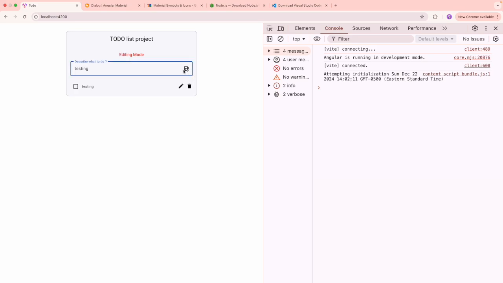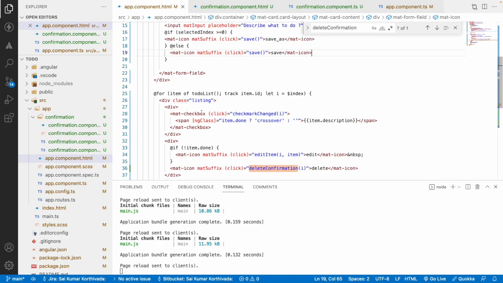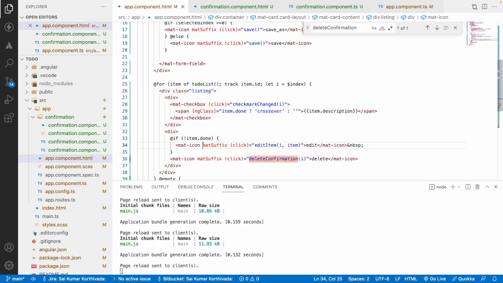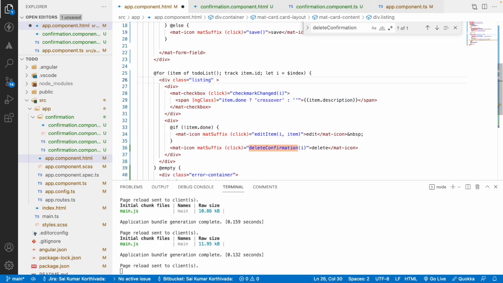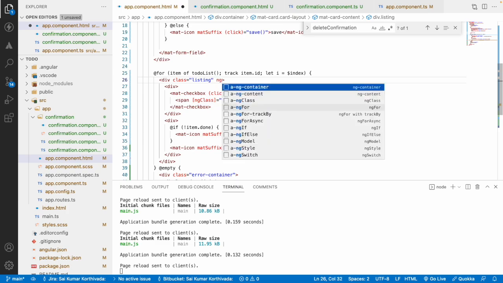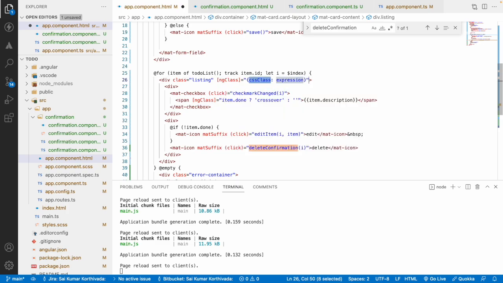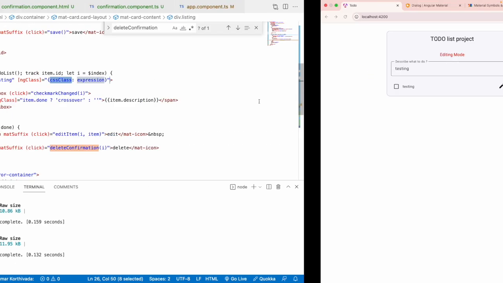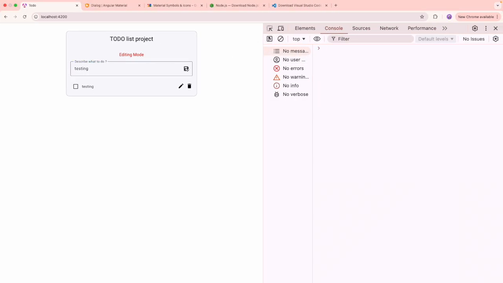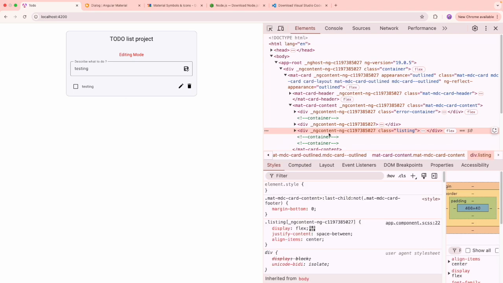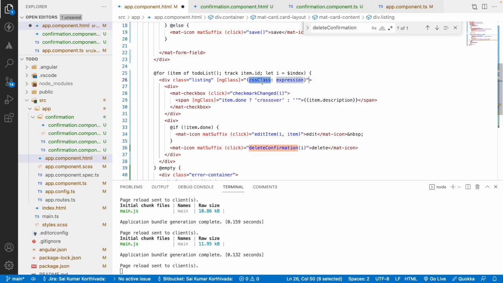Now when there is an update on this icon, I don't want to perform any action on this listing. So what I'll do is add some ngClass, and that class will help us make sure we are not able to edit it. How we can do that is by using our CSS cursor pointers. So let me go here, and when the user is in the listing mode, I don't want to edit this, right? So in that case, I can stop